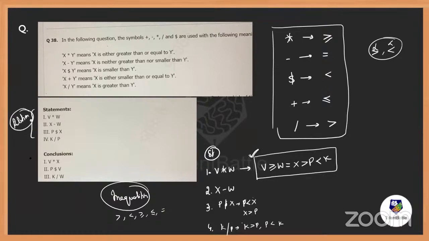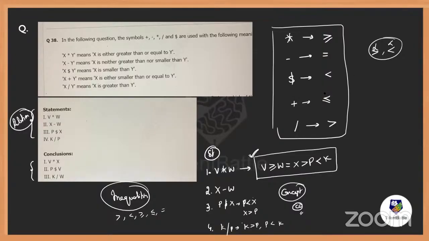Then with the conclusions, you must check whether the conclusion is correct or not in the relation that has been given, everybody. People, is the concept crystal clear, my dears? Come on, I want answers from you. Is the concept clear? Yes or no?